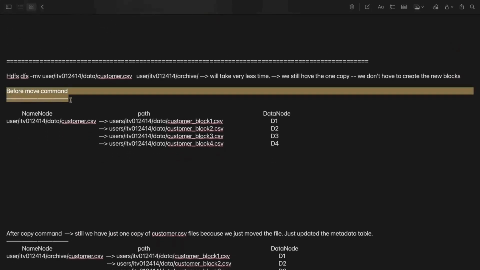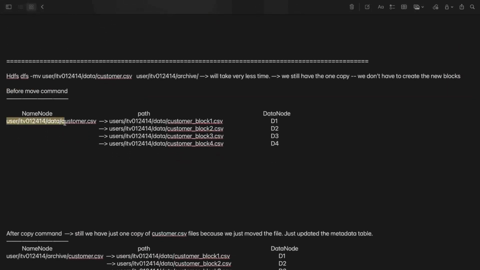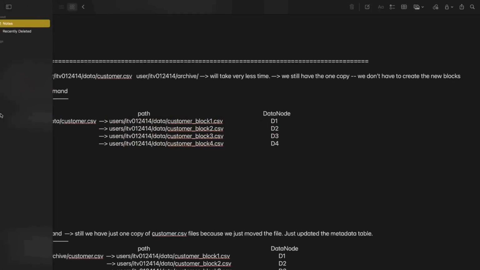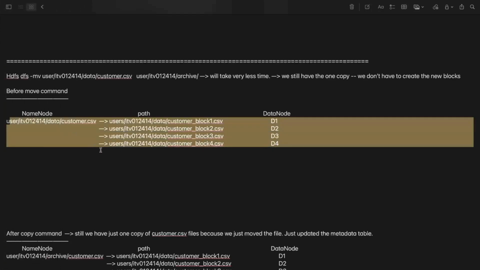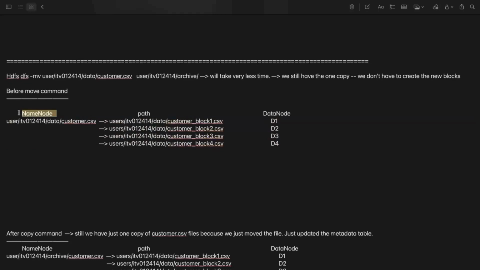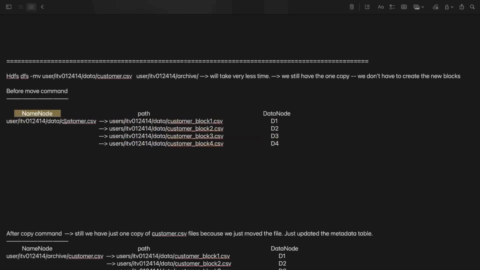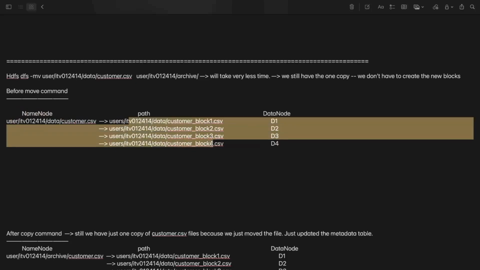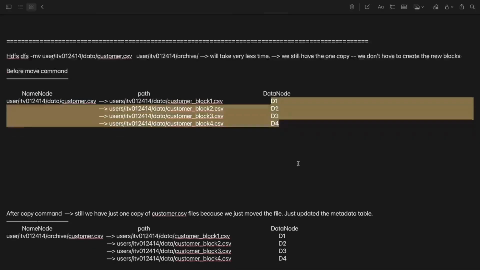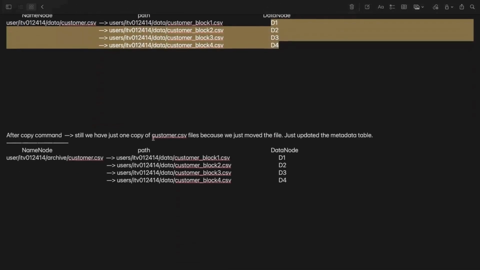before the move command, this is the mapping that would be there, data and these blocks which are stored on these data nodes. This is the kind of metadata which is stored inside the name node. This is the file which is stored in the form of blocks on these data nodes. But when you do the moving, after running the move command,